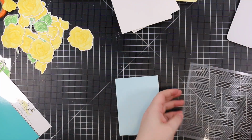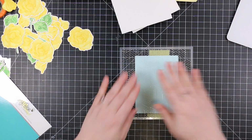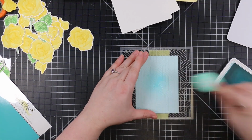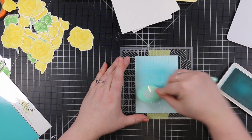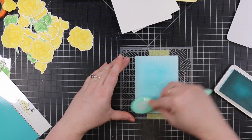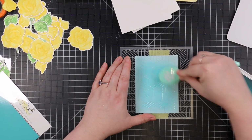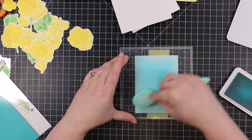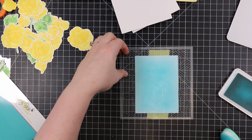So I gave it a few light spritzes, let it sit for like a minute, and then it's nice and tacky, just a light tack, but it holds stencils perfectly. It worked perfectly. And I have a thing for geometric stencils. I don't know what it is. I adore them. So I blended this surf ink over it onto some sea glass cardstock, and I just